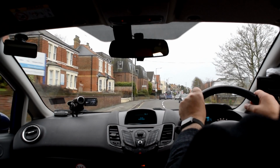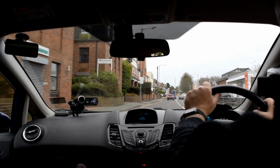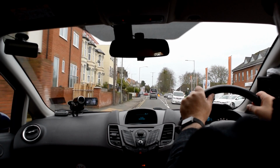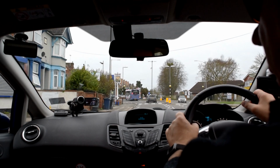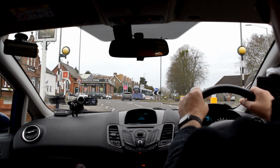Keeping nicely in the centre of this lane. It's not a particularly wide one, so central position is a good position to take up. And we've been told to turn left at the next roundabout, first exit. So checking my centre and left mirror, halfway across this junction, indicating left, checking the pedestrian crossing to make sure it's clear, looking ahead at the roundabout to make sure no one's coming round, and I'm just going to carry